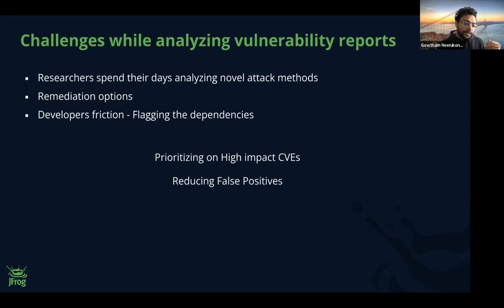So a lot of the vulnerable versions are already running in production, and a publicly exposed attack surface is available for the attackers to capitalize on. So that's why I call Log4j a high impact CVE, for example. If an organization's security administrators can prioritize these high impact CVEs, that will make the best use of